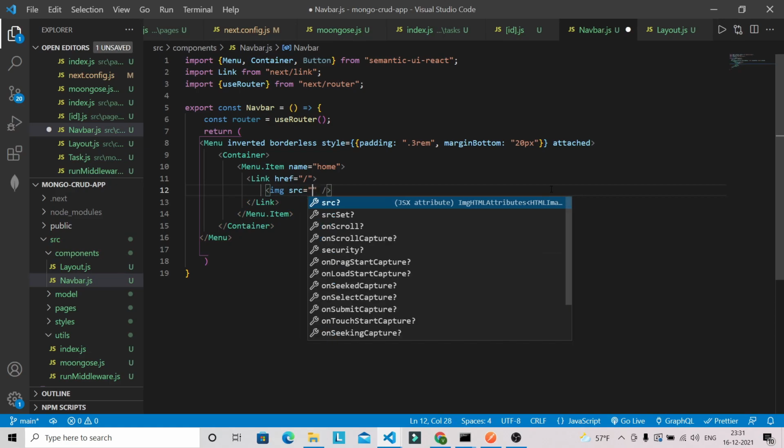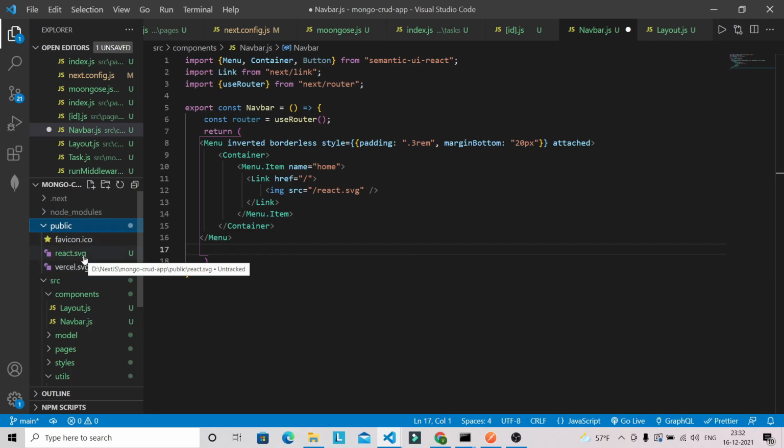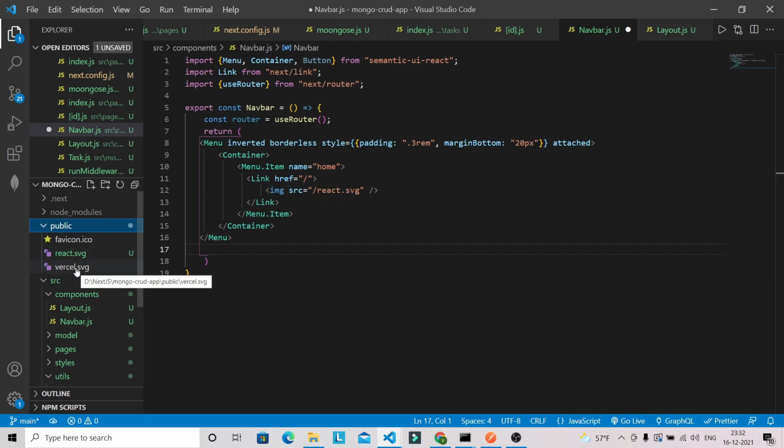We can specify react.svg. So in the public folder I have an image like react.svg. You might not have it, so it is not necessary to put an image here. You can put vercel.svg instead. I have this react.svg, so I am putting it here.